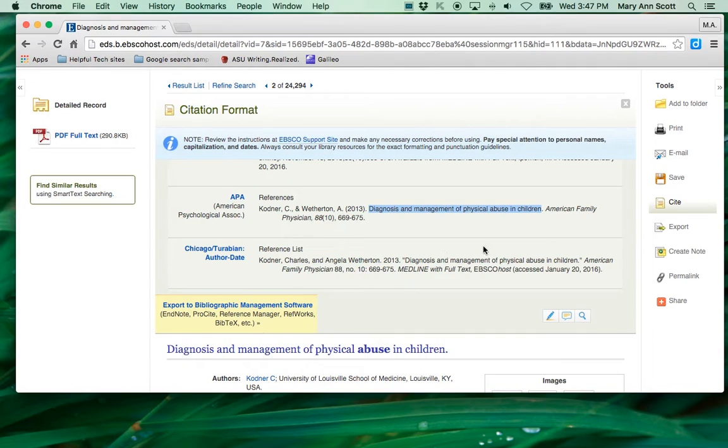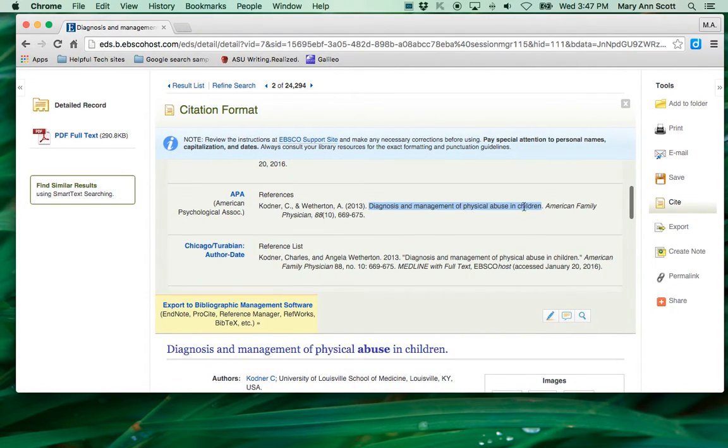Sometimes when these get entered, I don't know who's entering them, but they just go into some default mode and they capitalize everything. So just double check that. Also double check that it's not in all caps. That means every letter. Sometimes I see the title or the names of the authors in all caps. So you just want to make sure you tweak that and fix that.